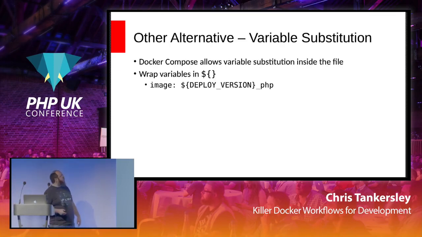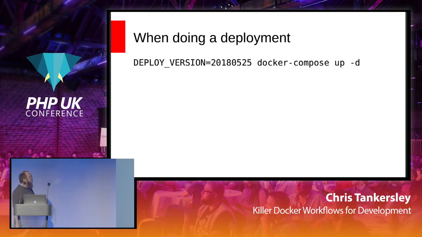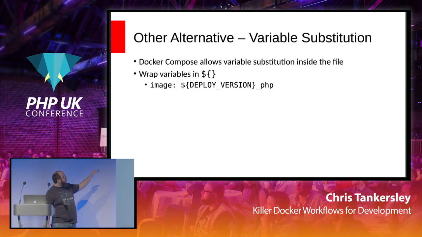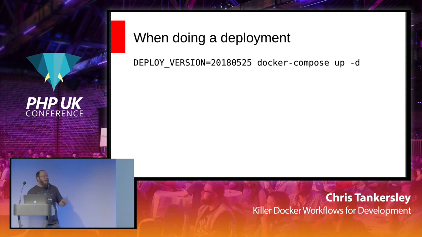Another cool thing you can do with Docker Compose is it will actually do variable substitution. So if you put any of your values in ${} curly brackets, it will replace that from a local environment configuration. So you might do something like image is ${DEPLOY_VERSION}_php. It's whatever I last built. So then doing deployment, you can say DEPLOY_VERSION=2018-05-25 docker compose up -d, and then it will actually inject that into that variable. This allows you to, especially during a build process, use a very generic compose file